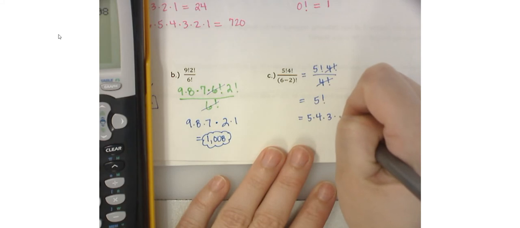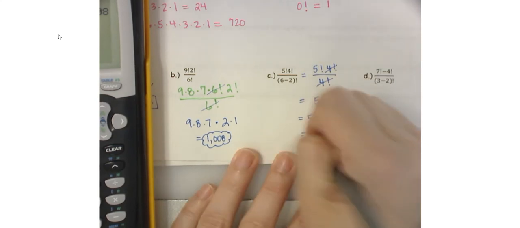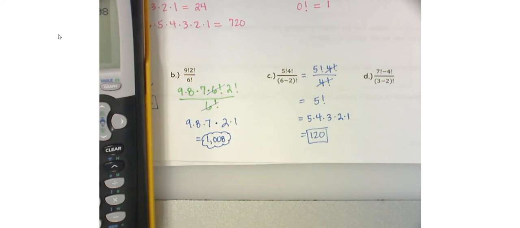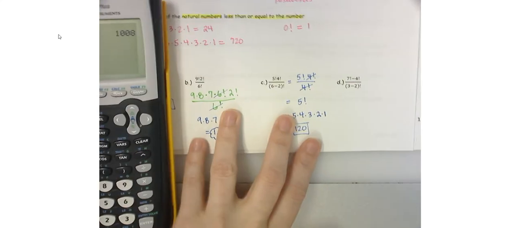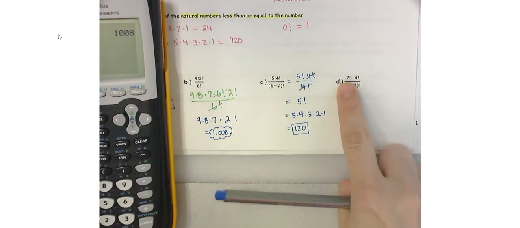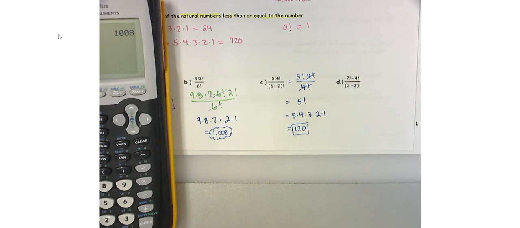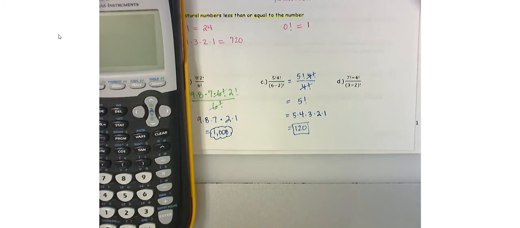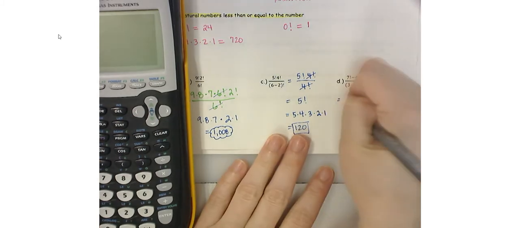Okay, and then for this one, this is different because the 7 minus 4 is not inside the parentheses. So you're going to do those separately. And then 3 minus 2 is 1 factorial. Okay, 1 factorial is also 1, just like the 0 factorial. So if we do 7 factorial over the probability,